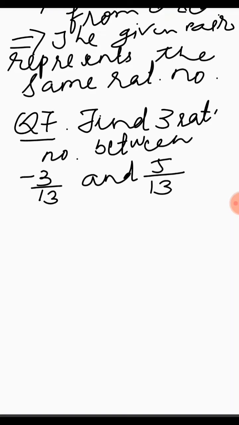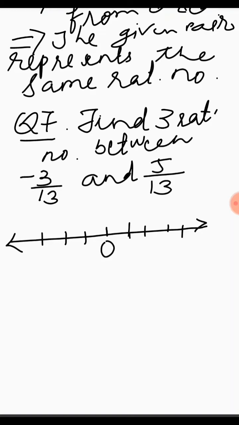Now see, a very easy and very simple way is what? Suppose this is any number line children. You know, on a number line in the center we always take 0, and on the right side of 0 you have positive integers, and on the left side you have negative integers. So as this is 0, as the denominator is the same, we can write this dash as 1 by 13, this will be 2 by 13, 3 by 13, 4 by 13, and this represents 5 by 13.